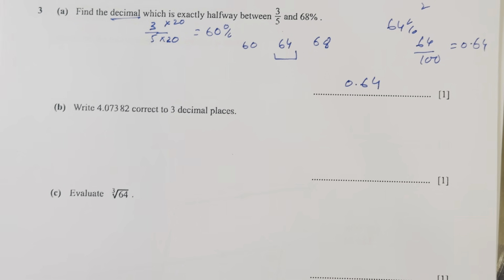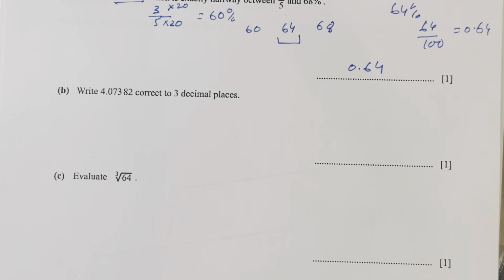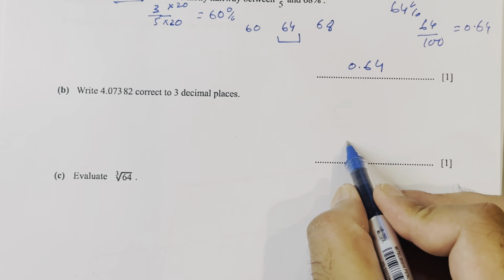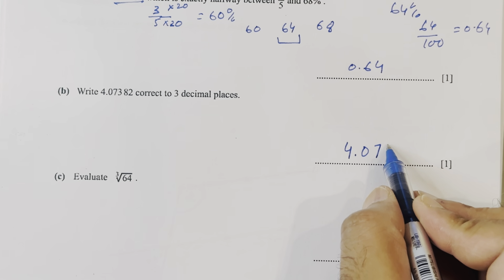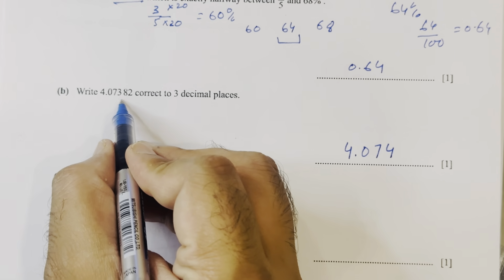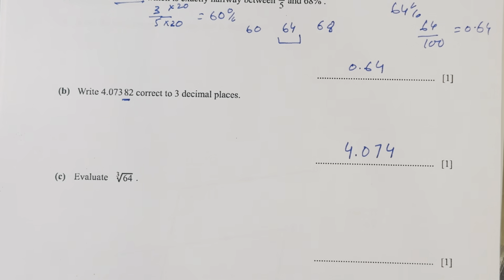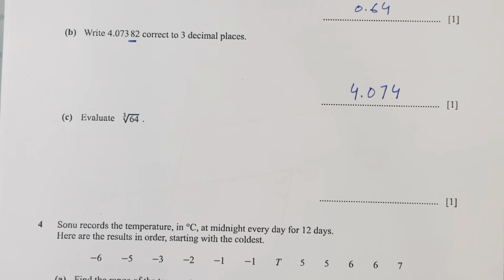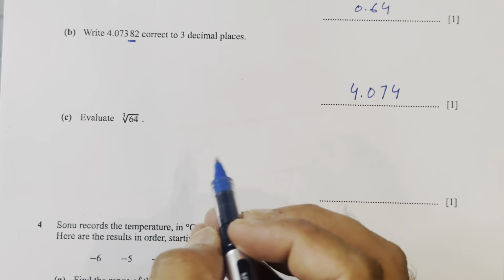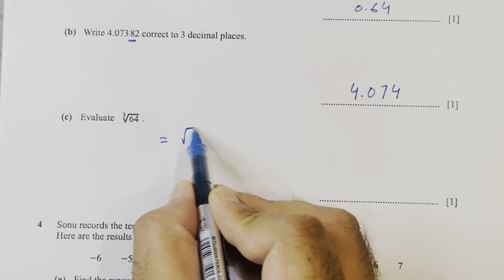Write 4.07382 correct to 3 decimal places. 4.07 and the 3 is going to be rounded off to 4 because 8 is greater than 5. Now we will move to the next part. Evaluate the cube root of 64. So the cube root of 64, we know that